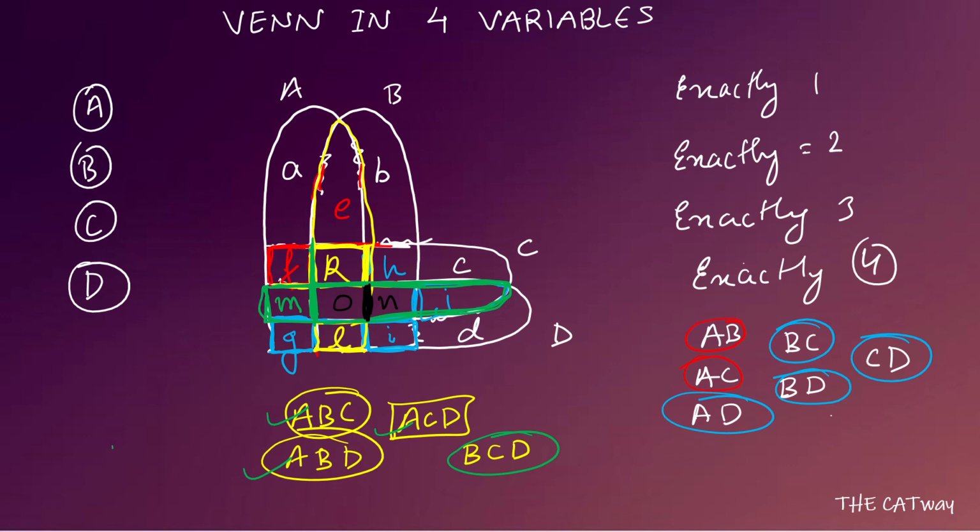Okay, once you are done with this, after that the only things left are at least one, at least two, at least three, at least four, at most one, at most two, at most three, at most four. They go on similar lines to what you have done before, that is, at least two will be 2, 3 and 4, at most two will be 0, 1 and 2. So this is how we represent a four Venn diagram. Questions on four Venn diagram won't be very tough. Mostly they are on the easier side.